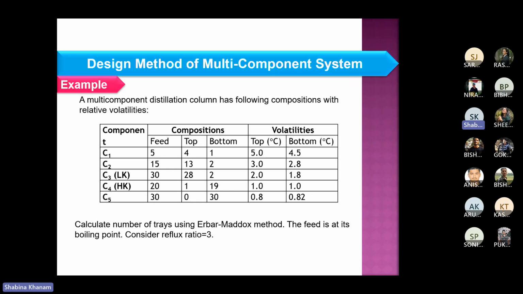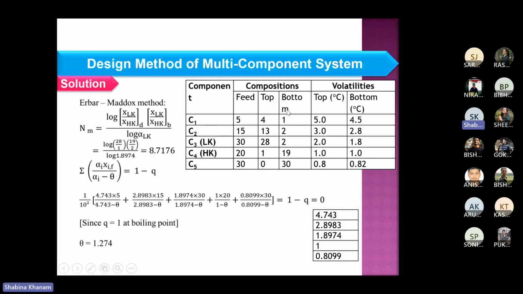Okay, so another example we are considering is the same example, and here I am having reflux ratio as 3. So light key and heavy key, that you are already aware of. So here I am having these components, and this nm you can find out, it's not complicated. It is basically the same example, only with slight variation in the values. So almost the same type of thing you will find. So nm is coming as 8.7, and this alpha i xif i, if you see, these are 5